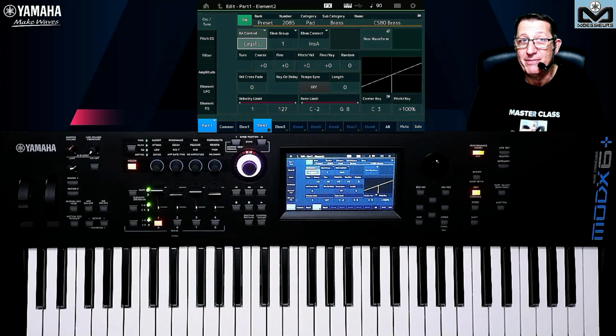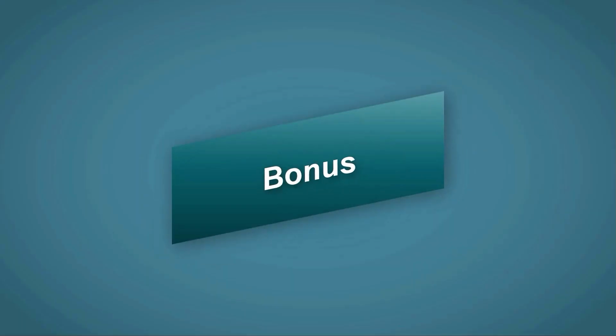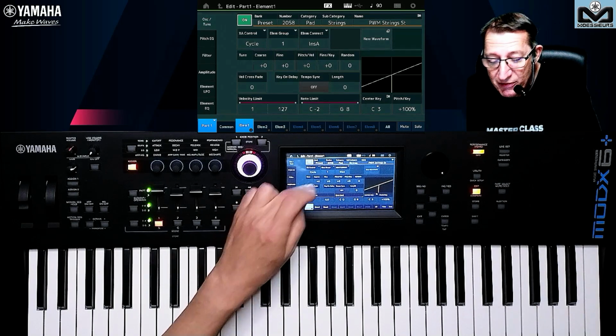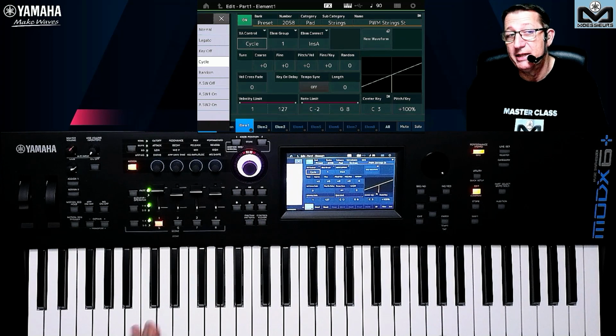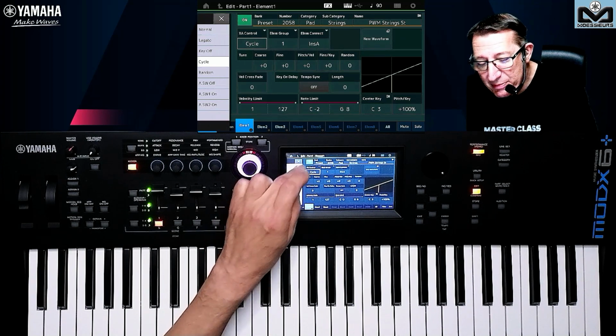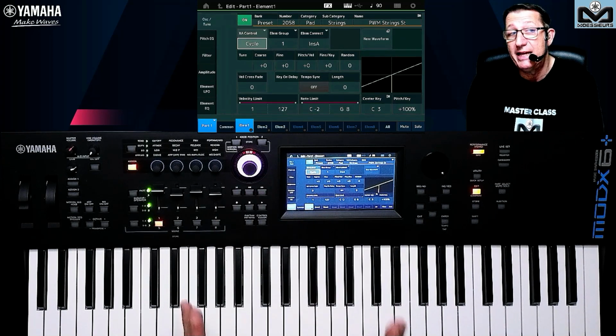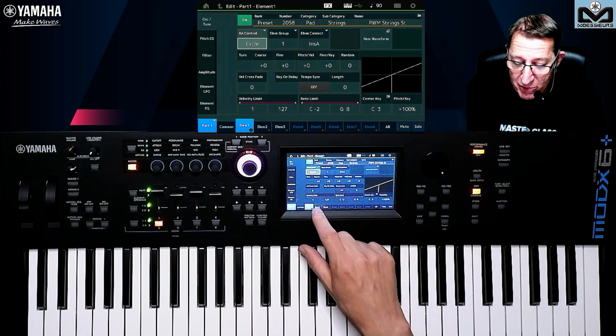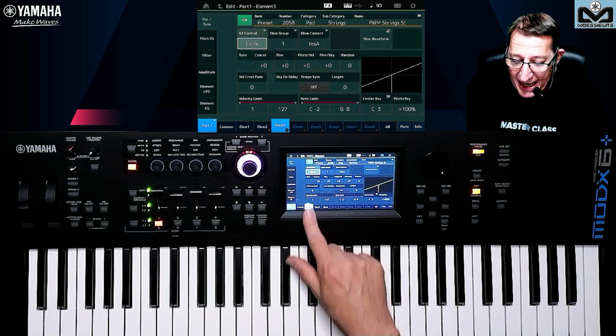That's the bonus time. So for this bonus, as I say, we are going to see the XA control, the cycle and the random. I need to prepare some sounds. And to explain to you for the element, I have the same element on the three. I have the PWM string stereo for the three elements.